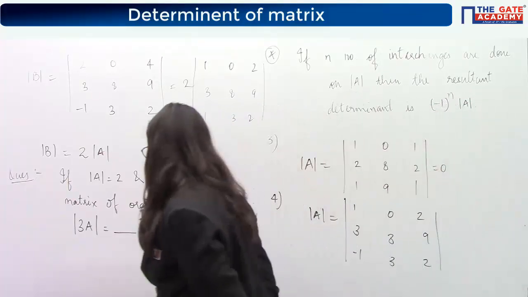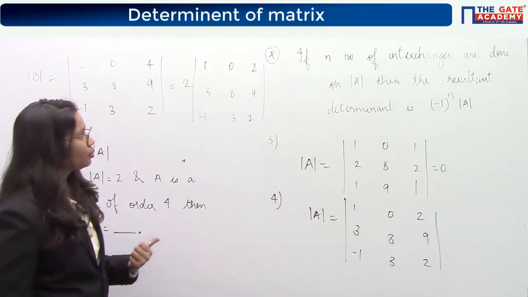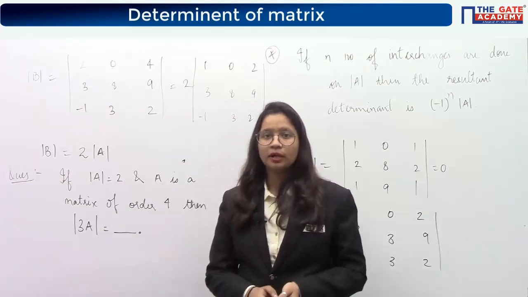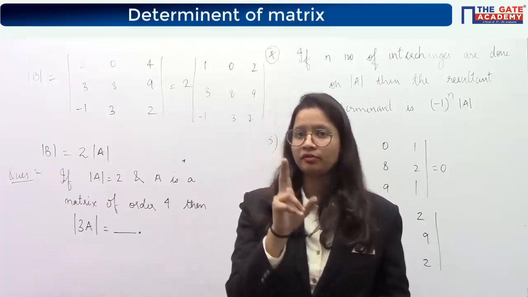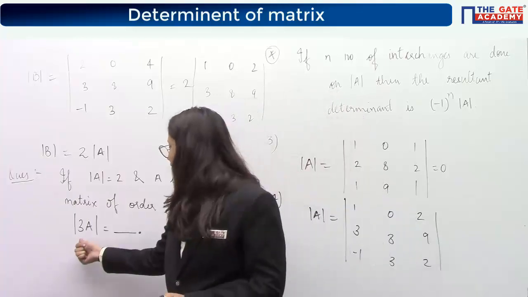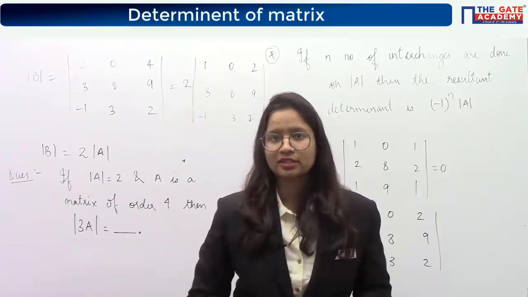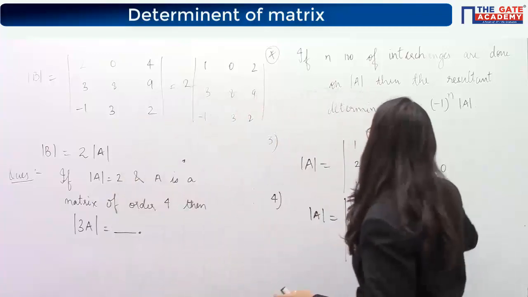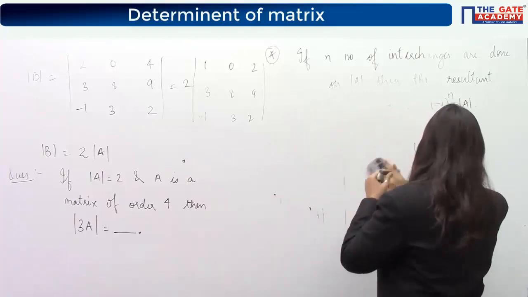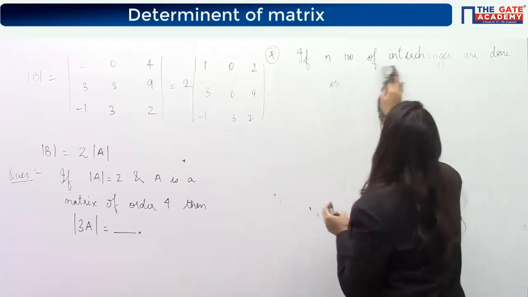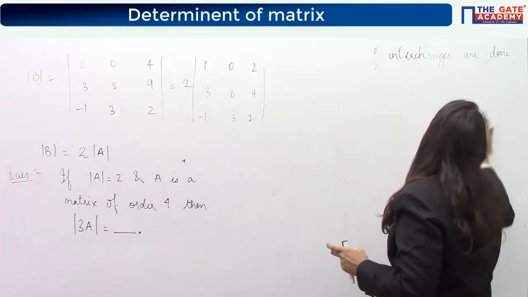Why is it the correct answer? Because here this 3 is multiplied to the matrix, and we have seen that if you multiply a scalar to a matrix, the third operation that we have studied, multiplication of a matrix by a scalar, then that scalar is multiplied to each and every element of that matrix. Do you remember it or not? In the last class, we saw that scalar multiplication of a matrix is done by multiplying each and every element of that matrix with the scalar. Yes?